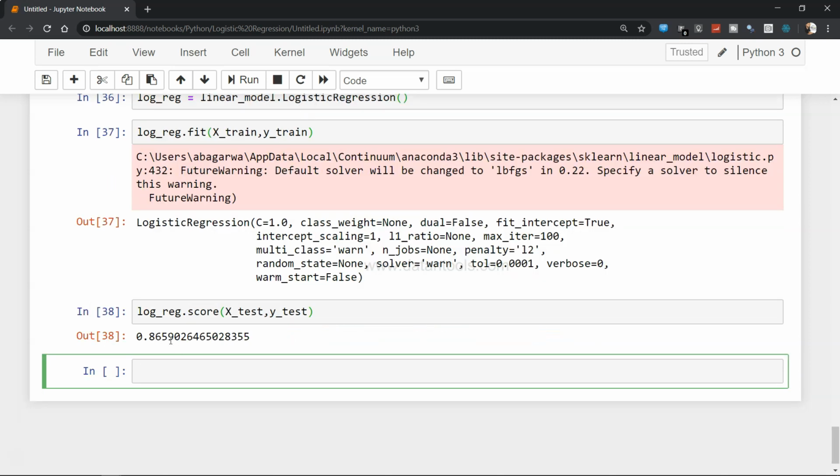So what we get is basically 86.5% as an accuracy on the test data, which is quite nice if you would ask me. With default parameters we have not done any parameter tuning or anything. So without that, if we get 86% or 86.6%, if I round it to 1 decimal, then this is quite a good output. But generally you don't get this good output in the real data.